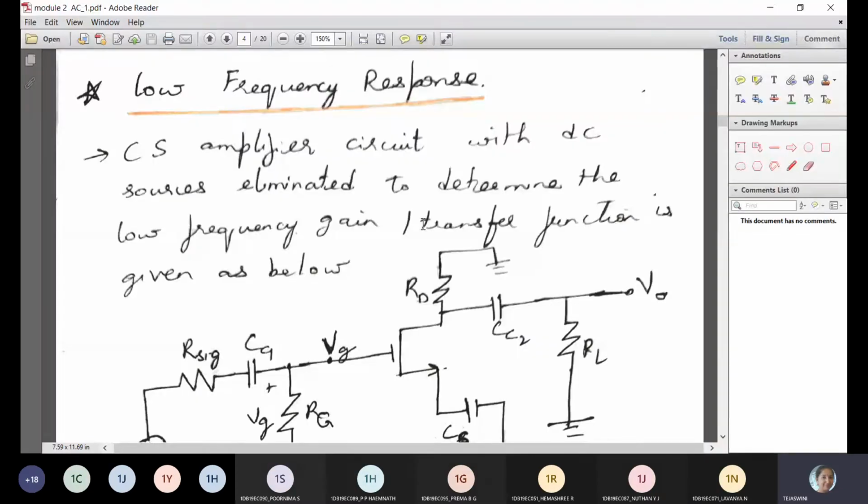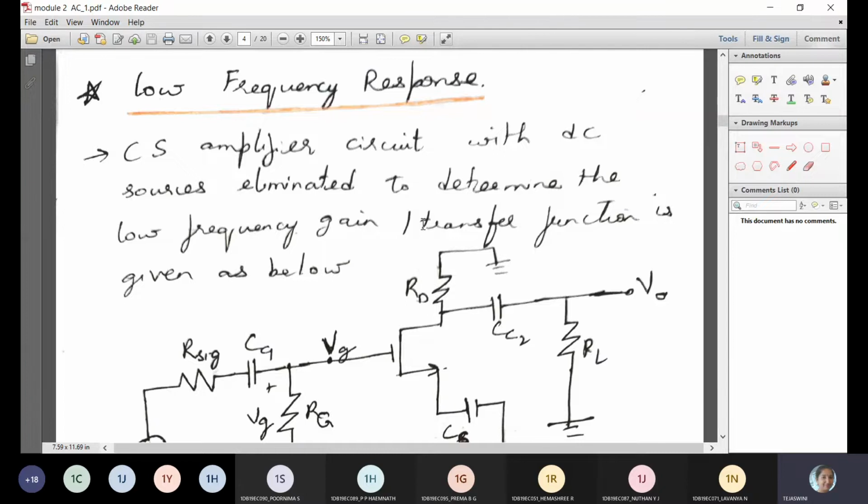So, you come across three bands in the frequency response: low frequency band, mid band, and high frequency band. In the mid band, we have a constant gain throughout a wide range of frequencies. Then we are worried about high frequency and low frequency because the gain is not constant. There is a gain variation that is due to some capacitances. The high frequency gain variation is due to the internal capacitances, that is CGS and CGD. We did it in the last class by using Miller capacitance, and we found an expression for FH.